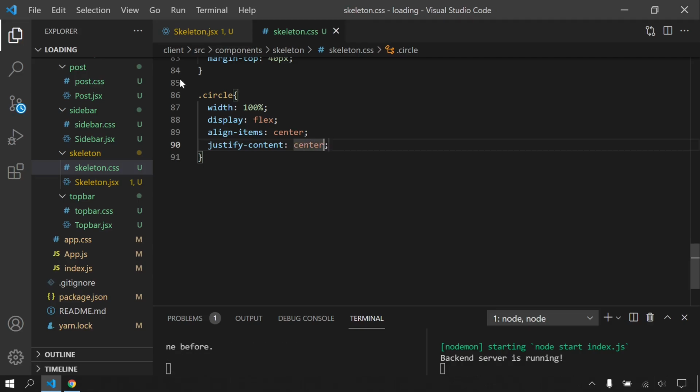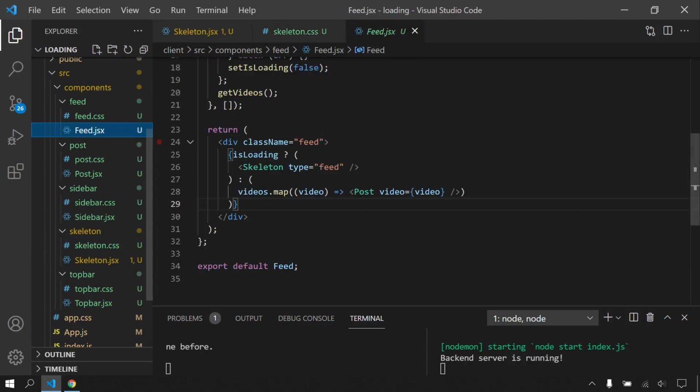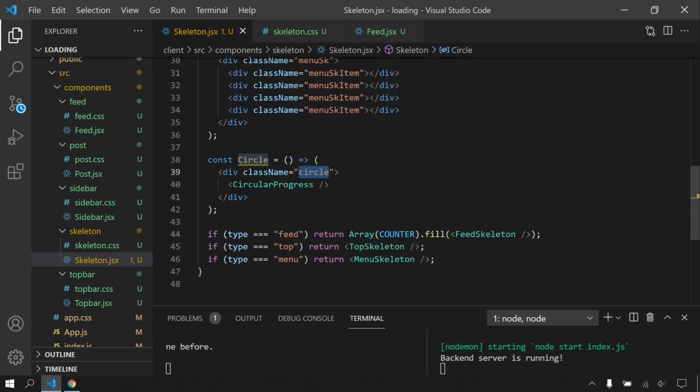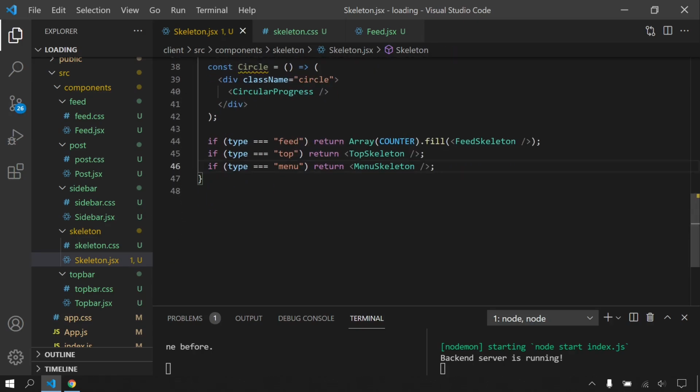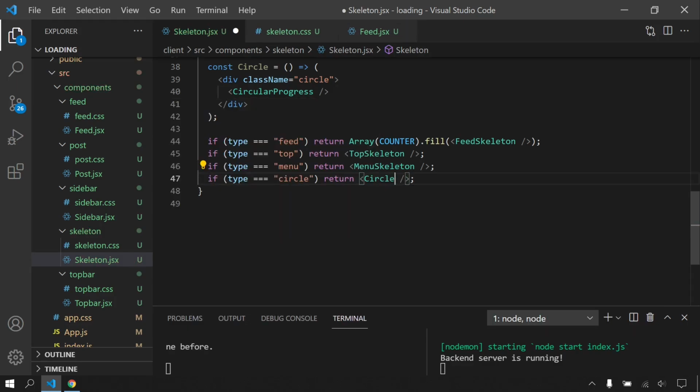So let's see. I will go to the feed, and here the type will be circle. But we didn't write our condition here. Let's do that. So if it's circle, it's going to call our circle component. Let's see. As you can see, it's here. Perfect.